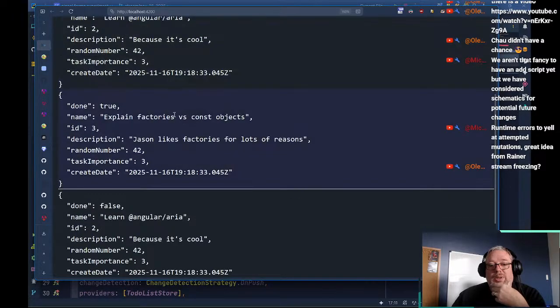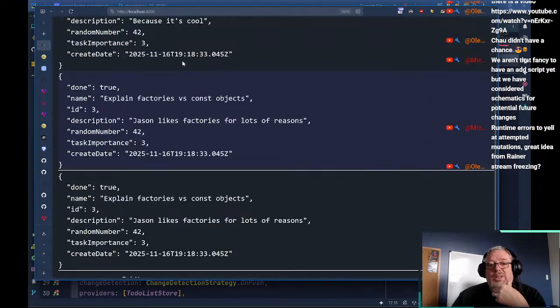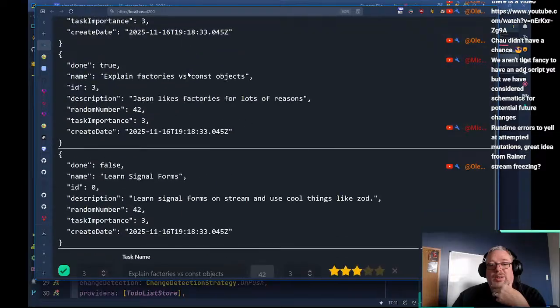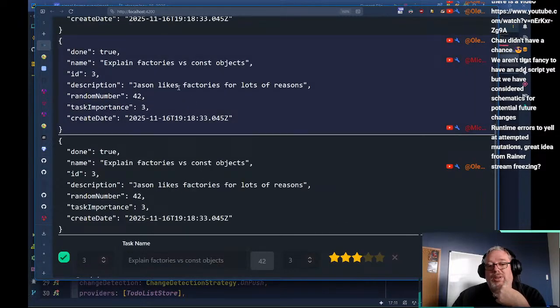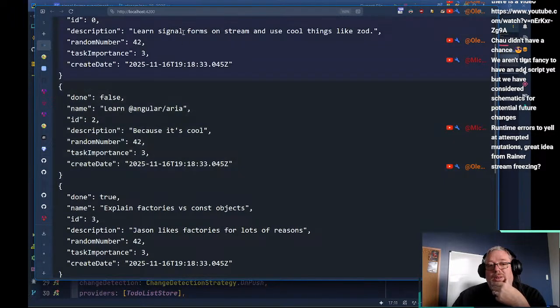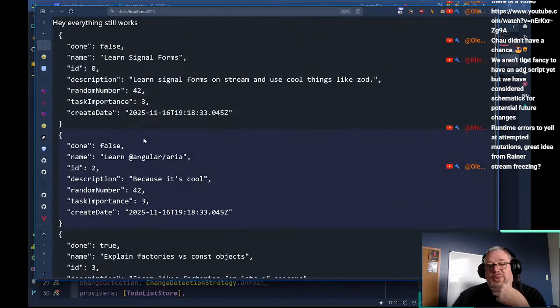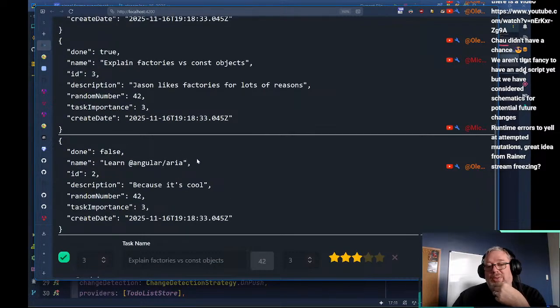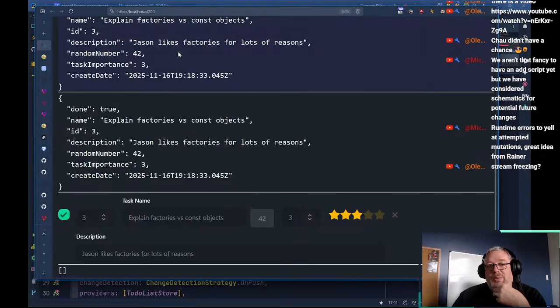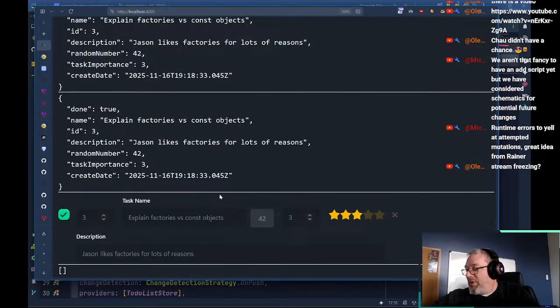And so we've got an issue here where we aren't updating. So here we're learn signal forms, the top one. This one is learn Angular ARIA, and we're still stuck on explain factories. So there's an issue going on with this one. And the issue